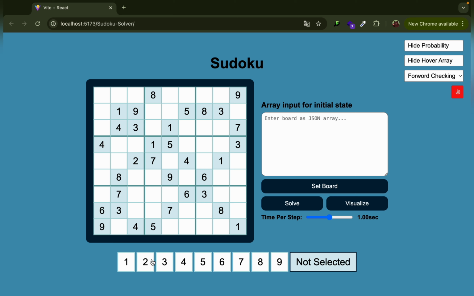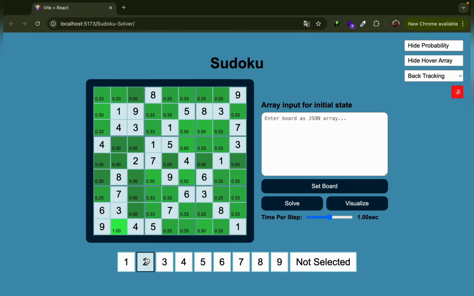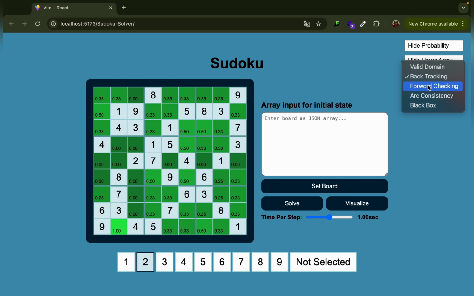If we are originally looking at the backtracking algorithm, the probability of number 2 being valid in a specific cell might have been higher, but as soon as we shift to forward checking, you can see the probability matrix updates to reflect the reduced chance of the number 2 fitting into that cell. This is how forward checking helps in narrowing down the